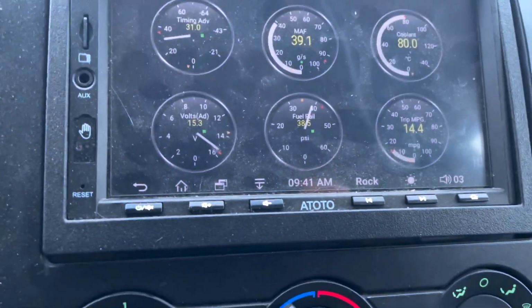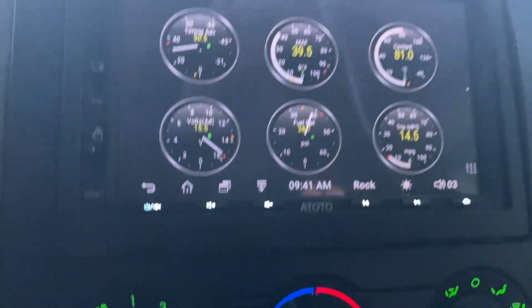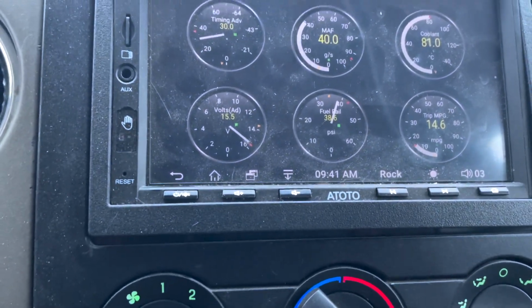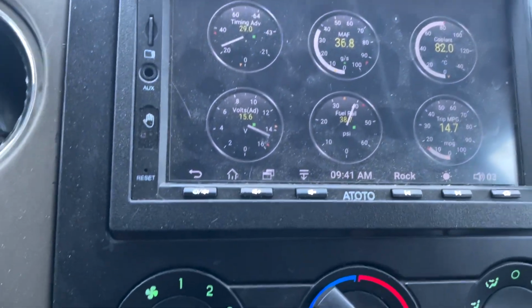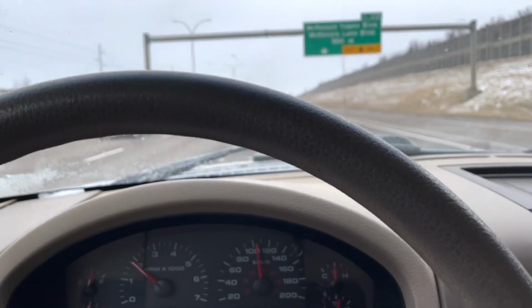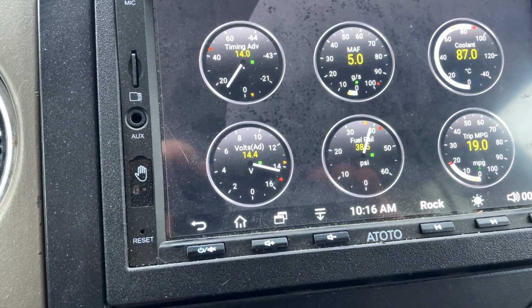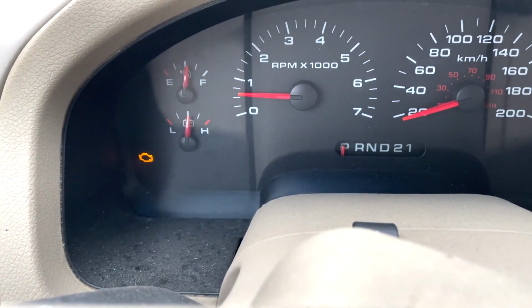Now pay attention to the voltage on the lower left hand screen. You can see it jump from 15.5 and then down to 14 volts and back up to 15.5. When this is happening, the lights are getting dim and then bright again. So you can see right there the volts are normal now, 14.4, which is usually what it runs at, about